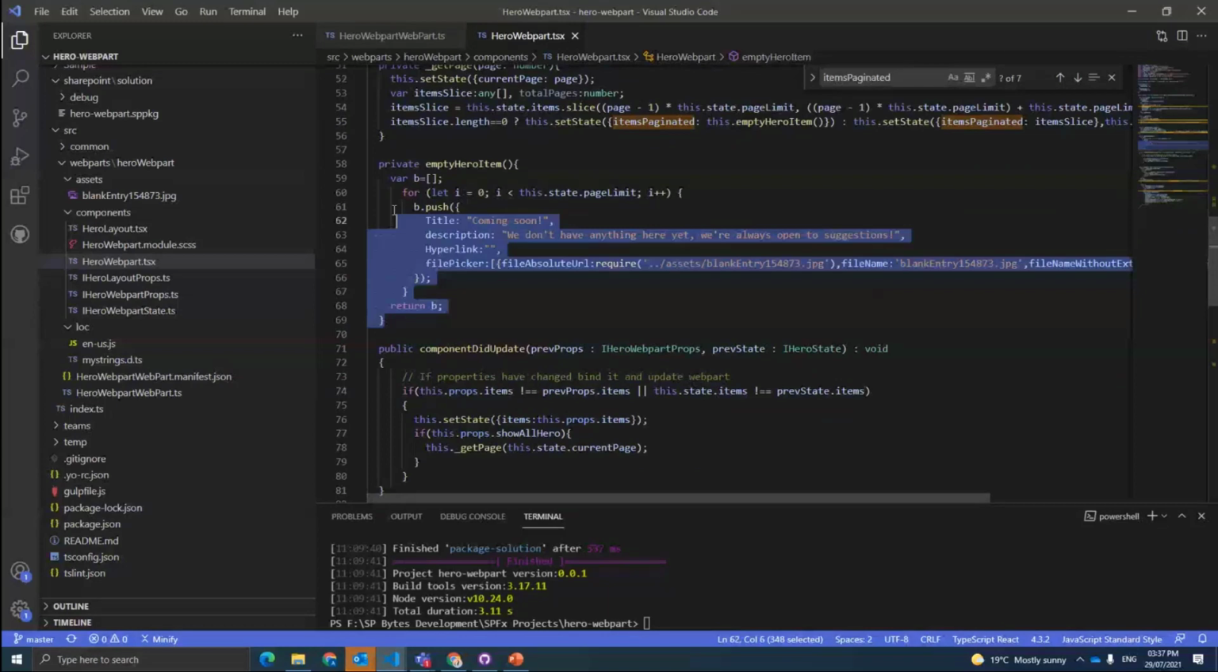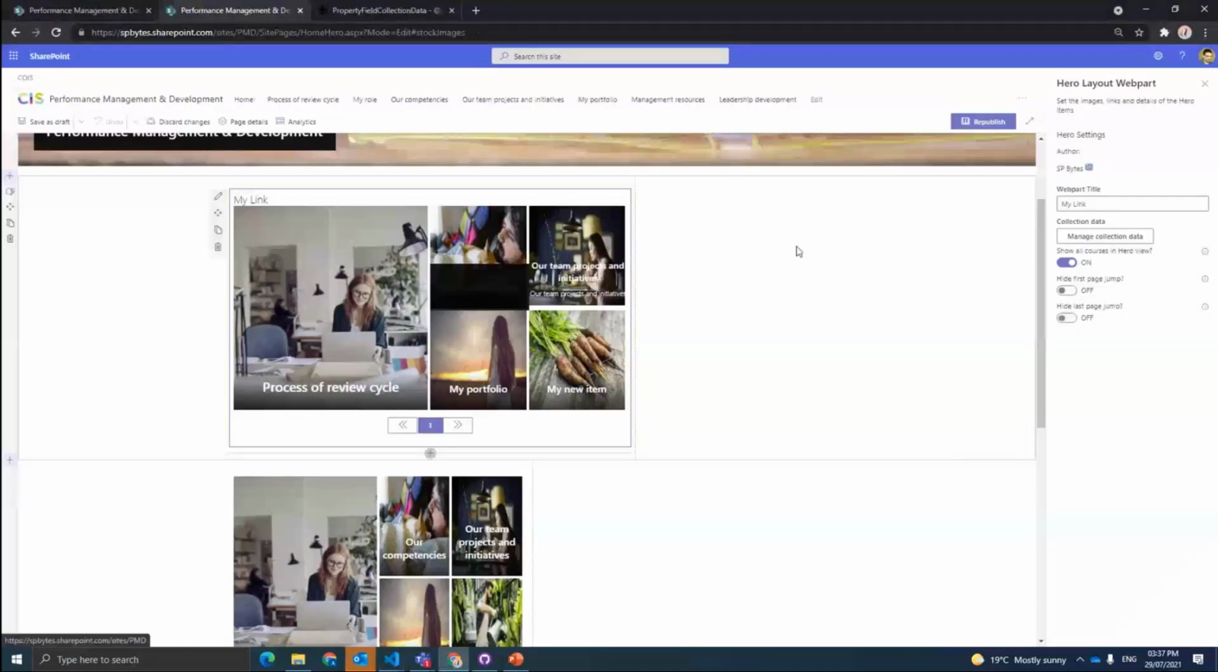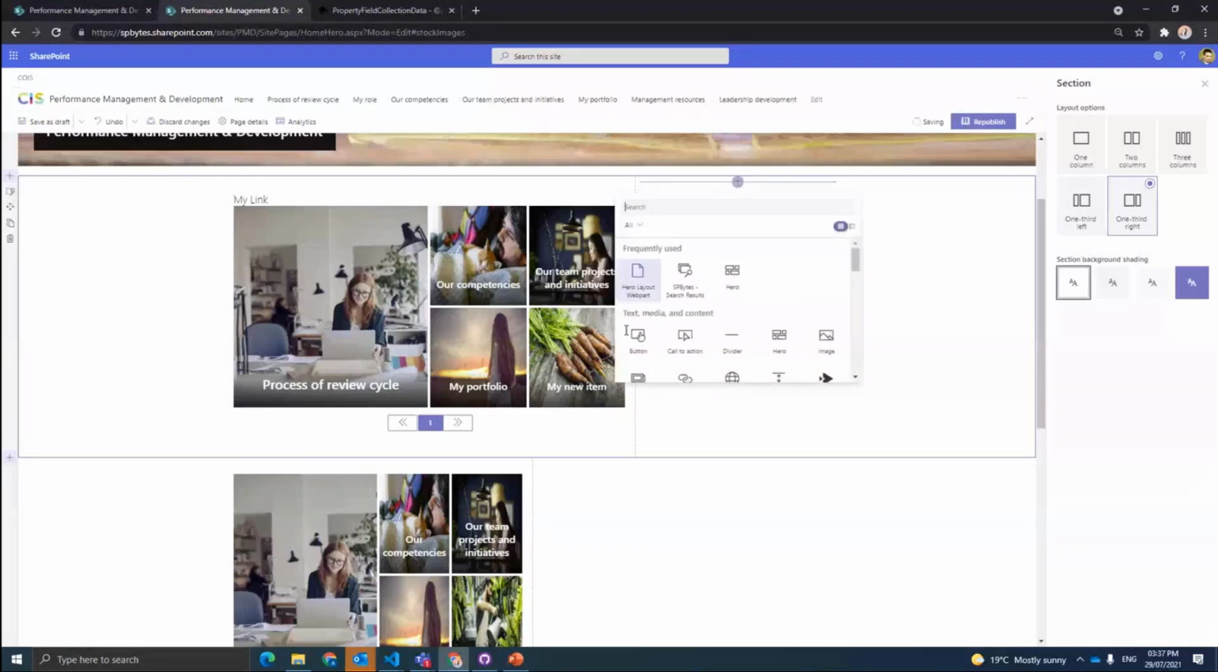This next bit, if there's no item selected, like when we first add in the web part,